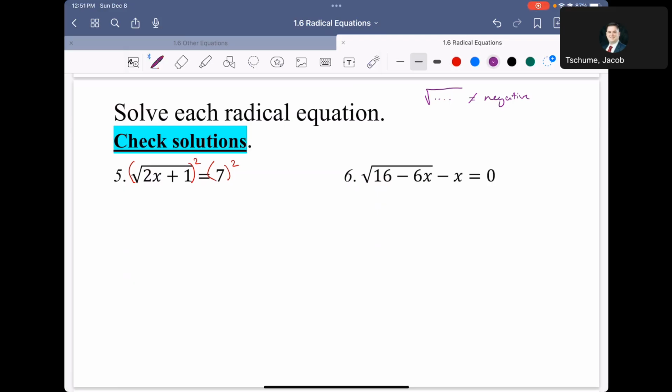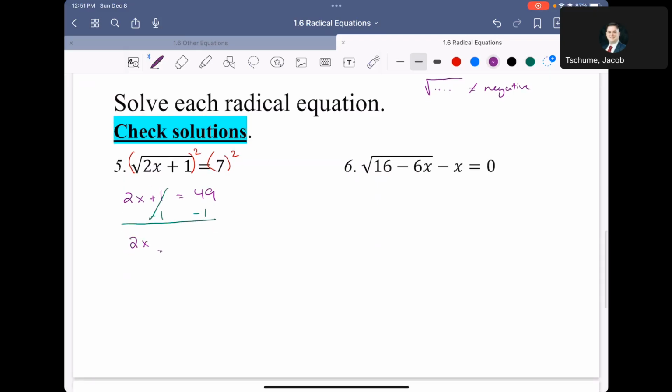So when I do that, I square the square root, and those cancel. That just gives me 2x plus 1. And on the right, you can use your calculator if you need to, but 7 times 7 gives me 49. Automatically, you will see this problem becomes a lot easier to solve. So let's go through our basic solving techniques. I will subtract the 1 to the other side, which gives me 2x equals 48. And then if I divide both sides by 2,